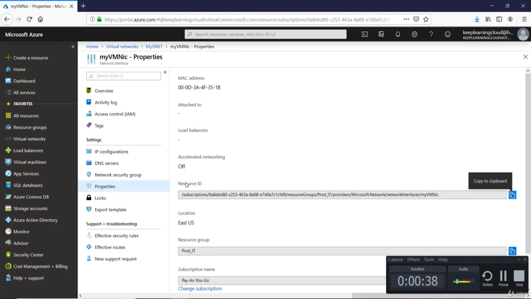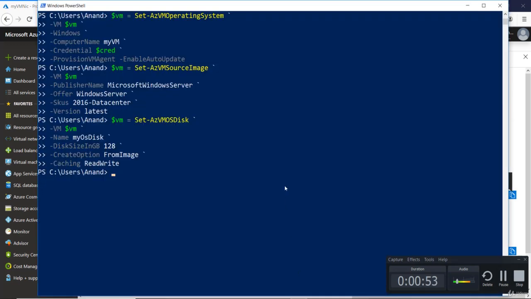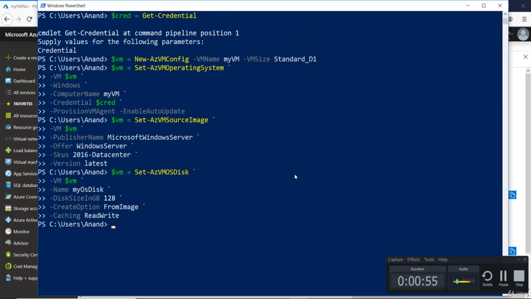And one of the properties is the resource ID. This network card is not attached to any device. I would like to attach this to the new virtual machine. I would need this resource ID, so I'll copy this attribute, go back to my PowerShell, and start using that